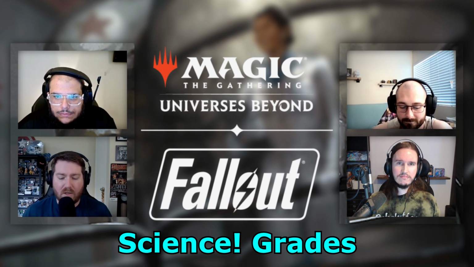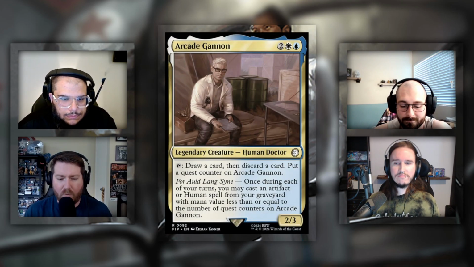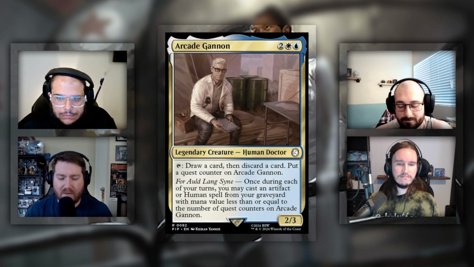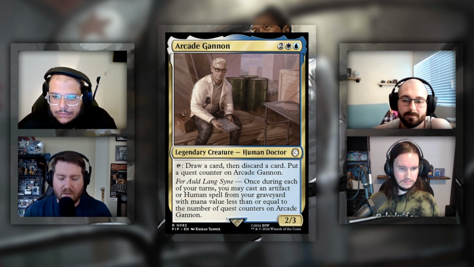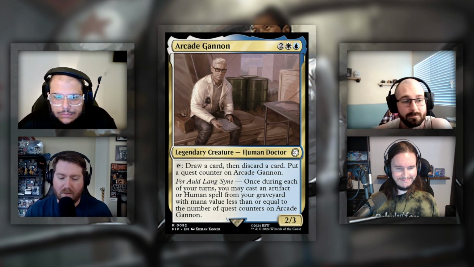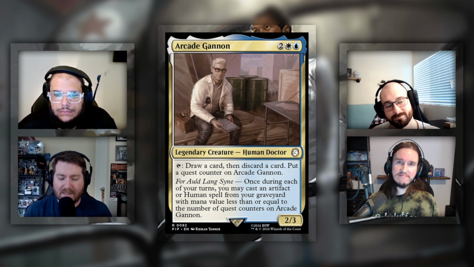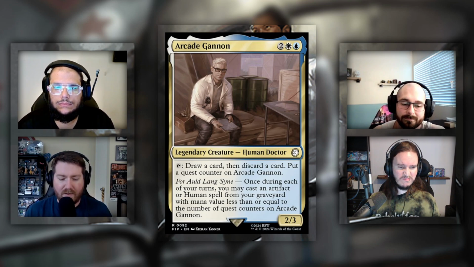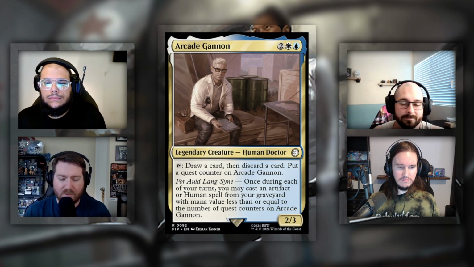And we'll go ahead and start with this very first card. It is Arcade Gannon. It is a white and a blue for a 2/3 legendary creature, Human Doctor. As an ability, we can tap it to draw a card, then discard a card, and put a quest counter on Arcade Gannon. It has another ability called For Auld Lang Syne, which means once during each of your turns, you may cast an artifact or human spell from your graveyard with mana value less than or equal to the number of quest